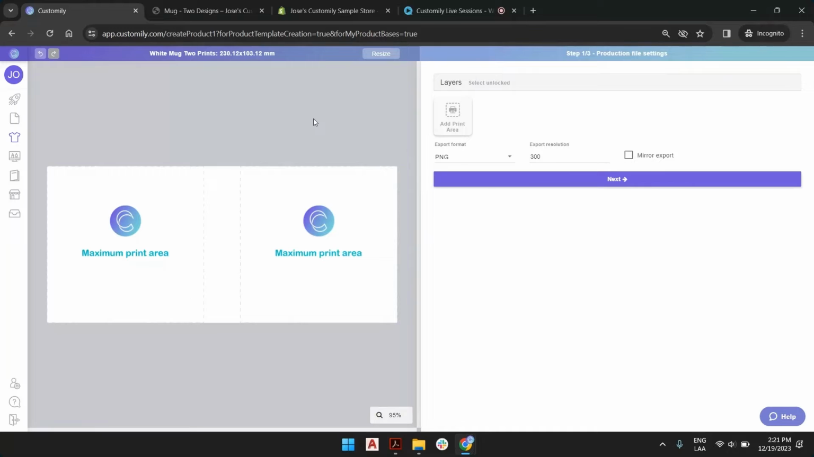So once we have the two print areas ready, we establish which export format we will need for our output. Let's say our printer will need a PNG at the required DPI. Well, we still have a lot of formats like EPS, PDF, JPEG as well. Once we establish the printing output and areas of the mug and the export format, we click next to design